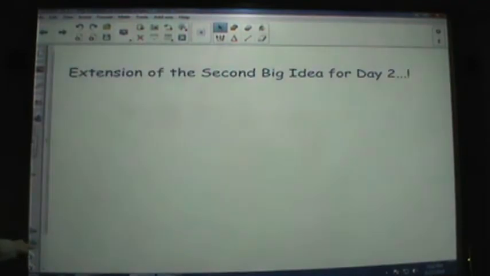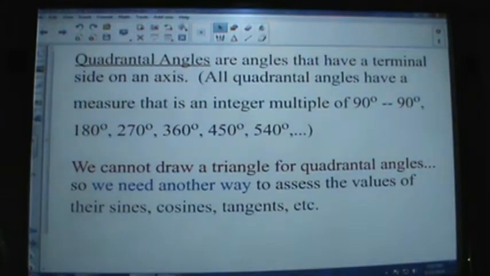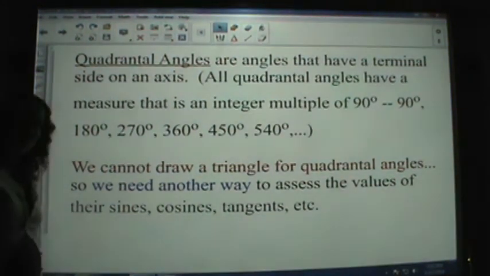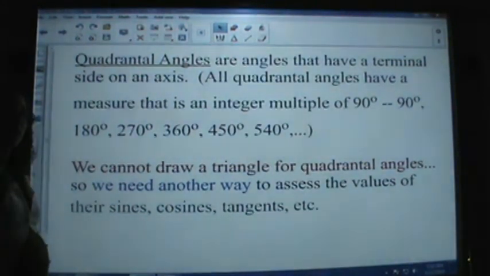So the last bit is kind of an extension on that idea. Because as you may think about, not everything can have a right triangle drawn for it. A quadrantal angle is an angle that hits where the quadrants are marked. So at 0, at 90, at 180, 270, 360, and actually any multiple of 90. They also exist in